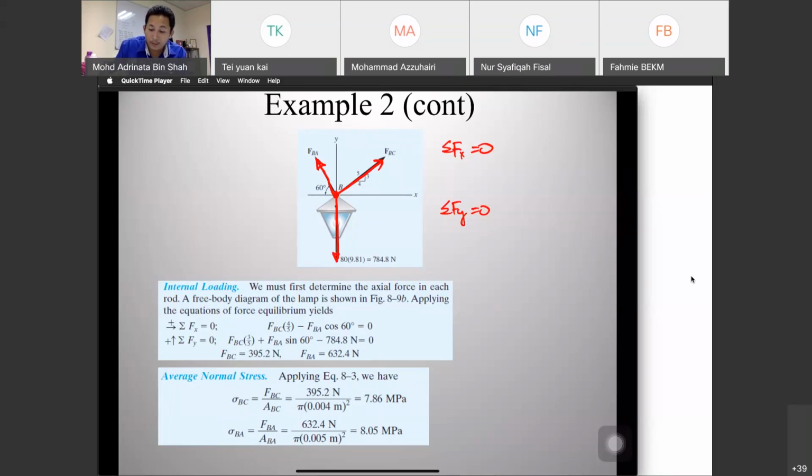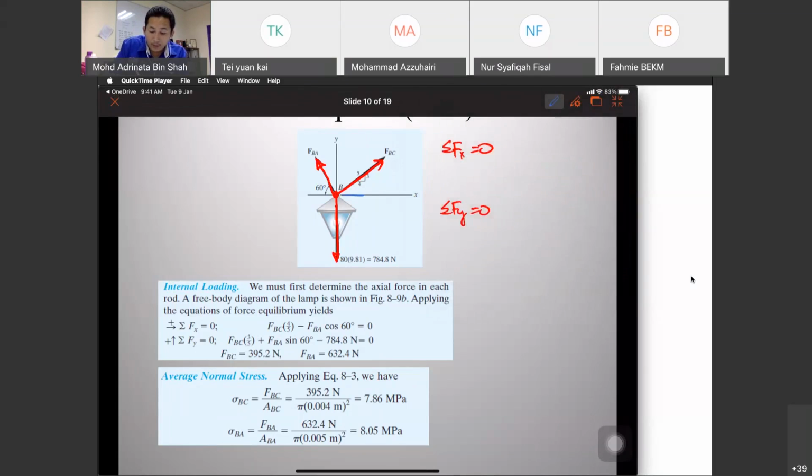So you can divide your FBC times 4 over 5, FBC times 3 over 5, and then again FAB sine 60, FAB cosine 60, and W. So solve your Fx and Fy, and you got your FBC, FBA,